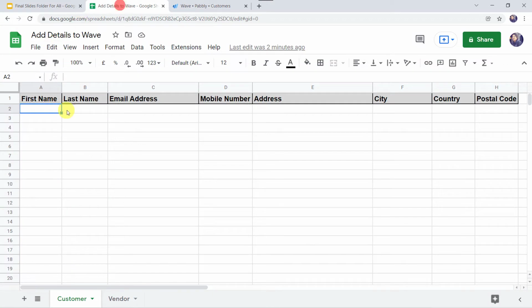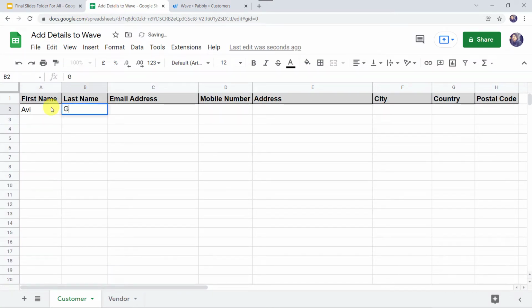So I'll just add the details. Let's give the name as Avi, last name as Gupta, email address as avigupta22@gmail.com. Let's give the mobile number over here.